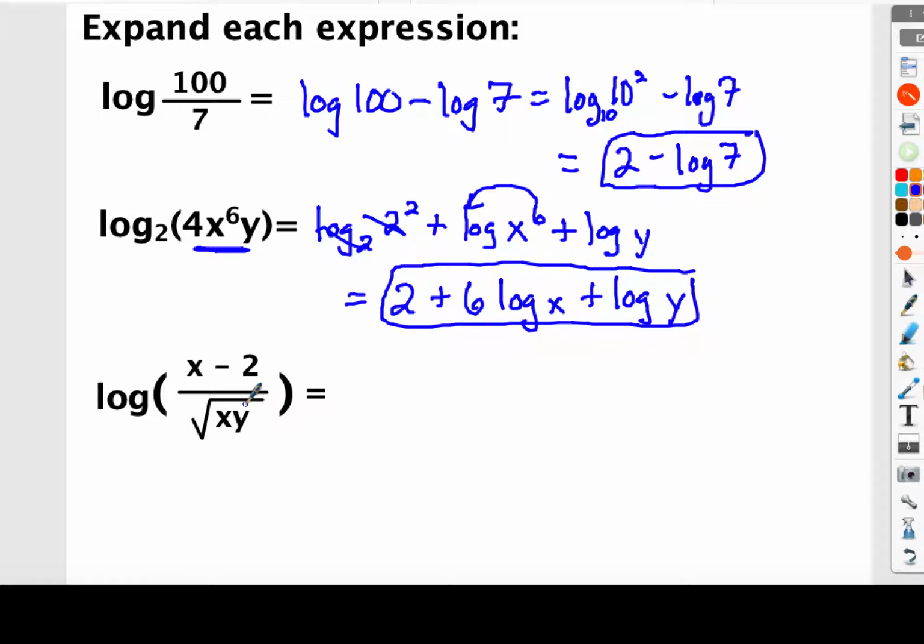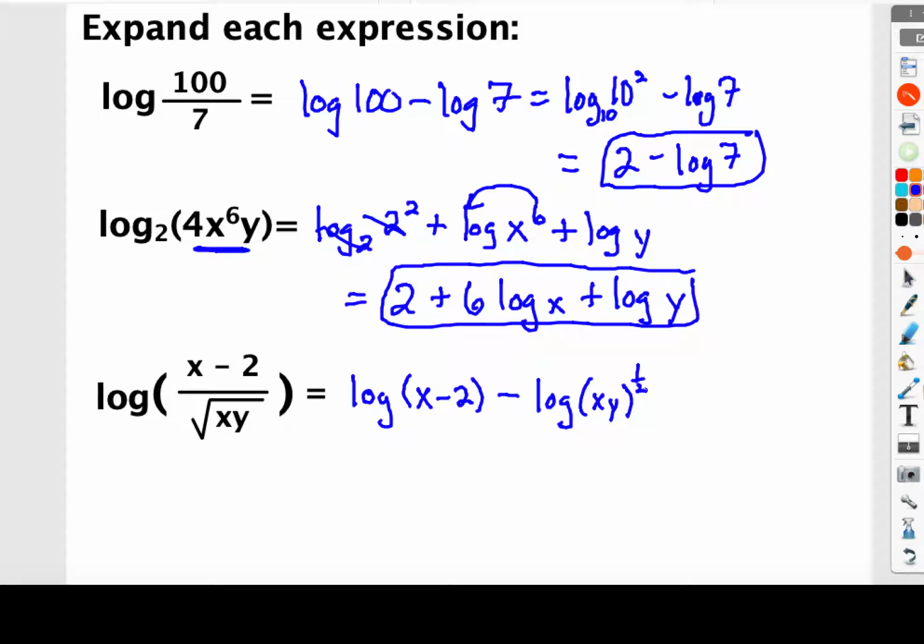Last problem here, same idea. Again, the first thing I see is that division, so I'm going to separate that out. Log of the top minus the logarithm of the bottom. Now notice that's a square root, and when I think about logarithms, I always like to think about exponents when it comes to roots,